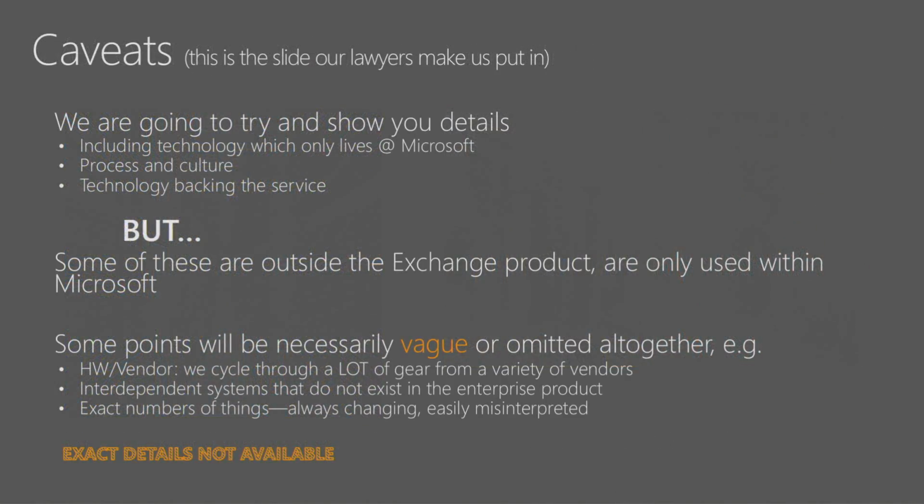We are going to show you data and metrics that are unique to us running the Exchange service. In fact, we'll talk about stories that are very authentic and transparent. But as the slide says, we are trying to be careful about what we will show. And in some cases, we're going to take out data, facts, and other numbers that are going to be wrong by the time I finish speaking. That is simply a fact of how fast the service is growing.